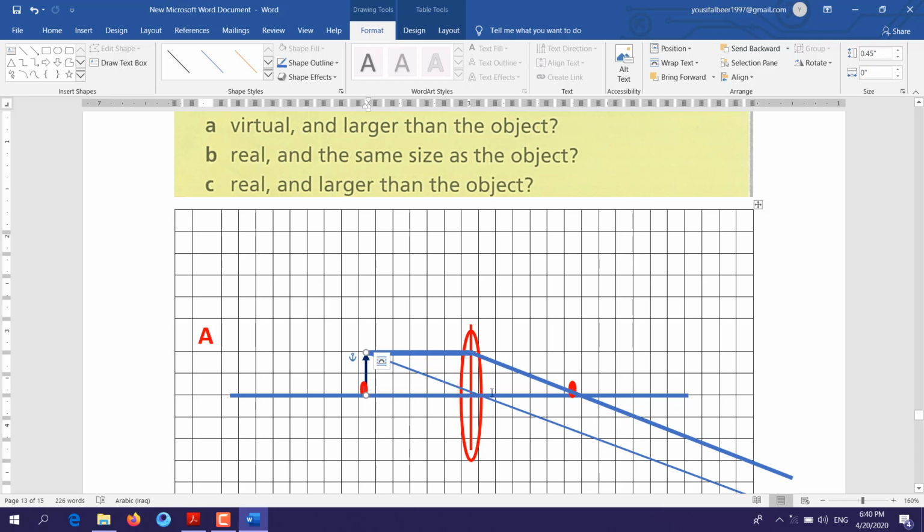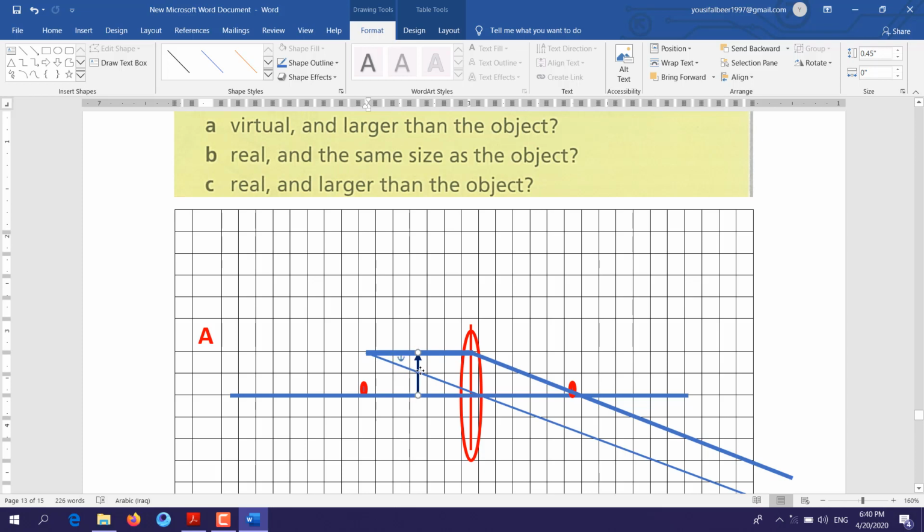So for a virtual and larger image, where should it be? You will say at principal focus. Or maybe you'll have a question that says if the object is between principal focus and the lens, in any position here,